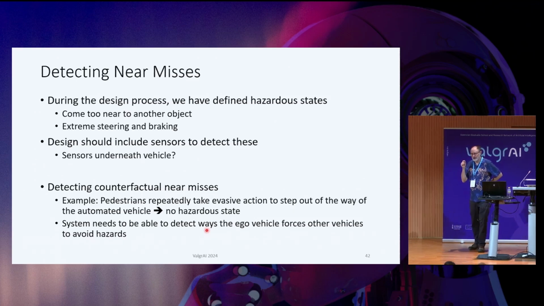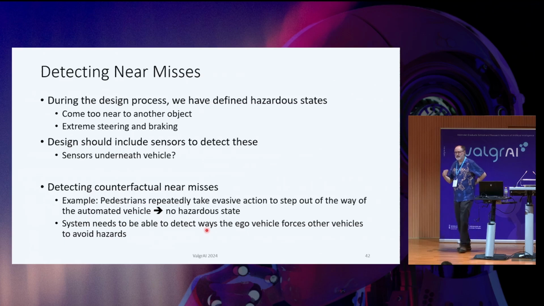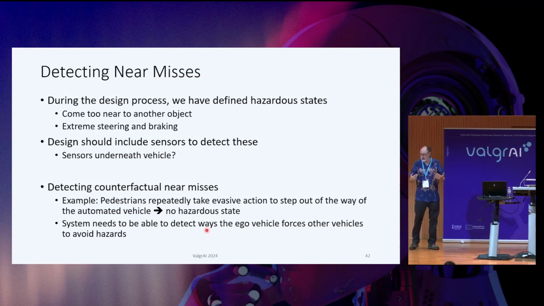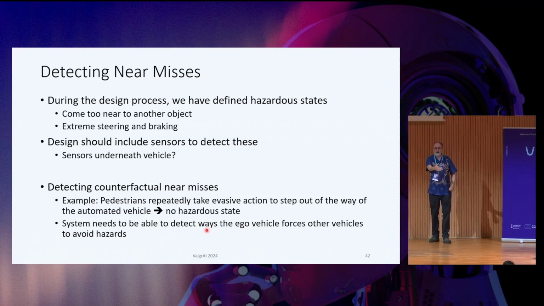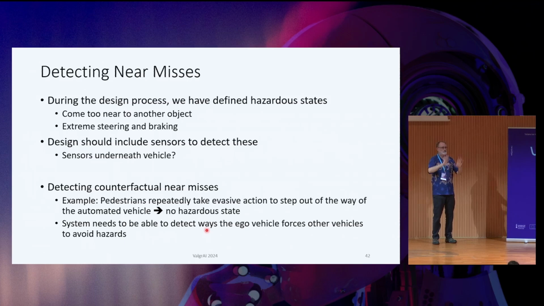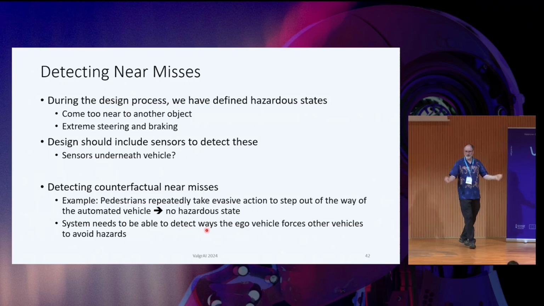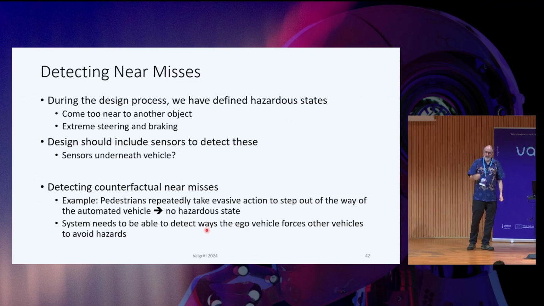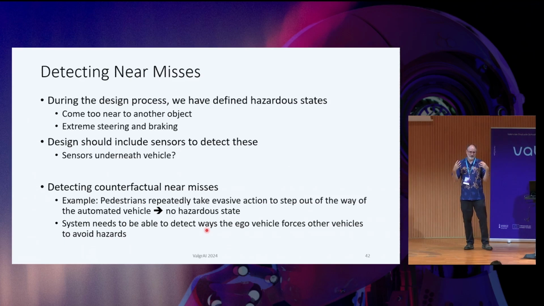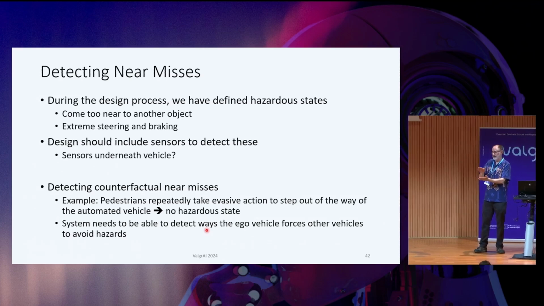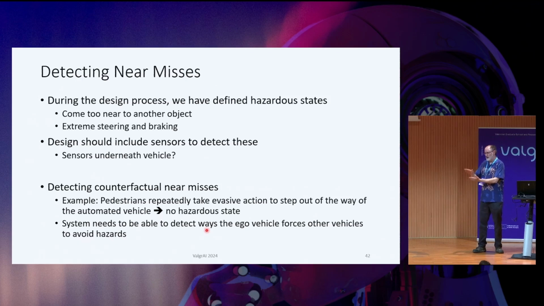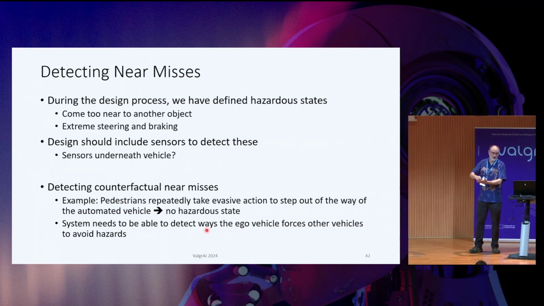But there's also what I call the counterfactual near miss that we've seen in self-driving cars. So suppose I'm a pedestrian and I've started to walk across the street and the self-driving car is coming straight at me. I jump out of the way quickly. The car goes by and the car says, oh, I had the 2-meter separation with this pedestrian, no problem, right? No, there was no violation of safety. But that's because I took evasive action to avoid getting hit by the car. So we need to be able to reason about when the behavior of our vehicle is forcing other vehicles to take evasive action to avoid collisions, because those are another kind of near miss.